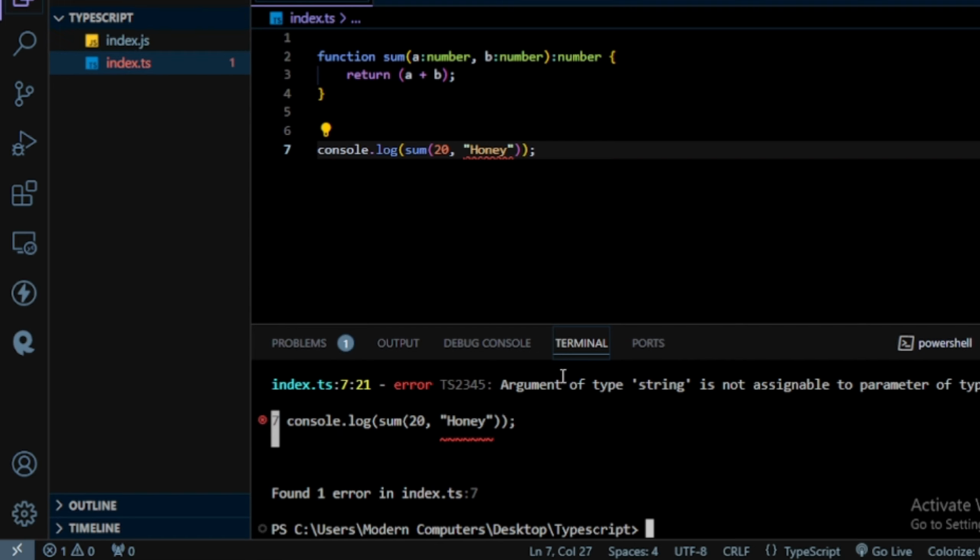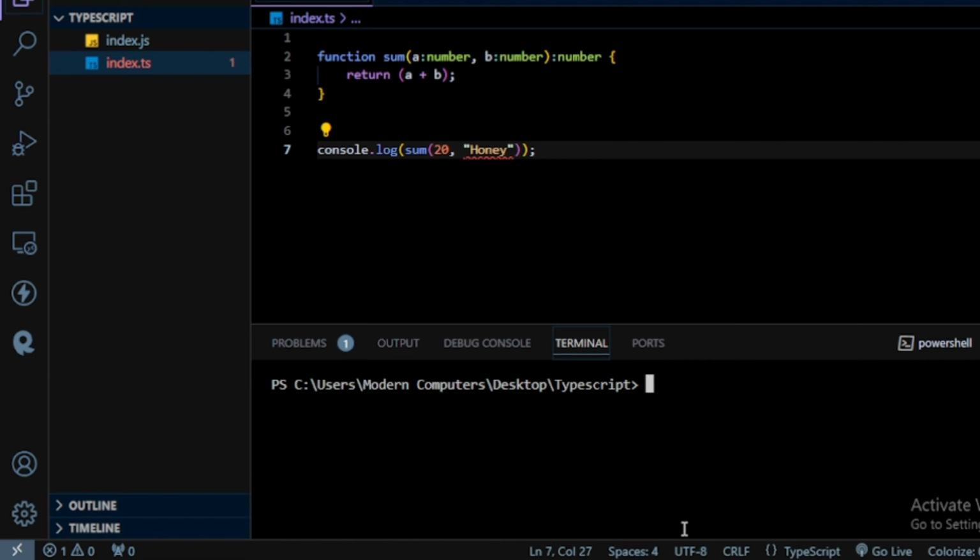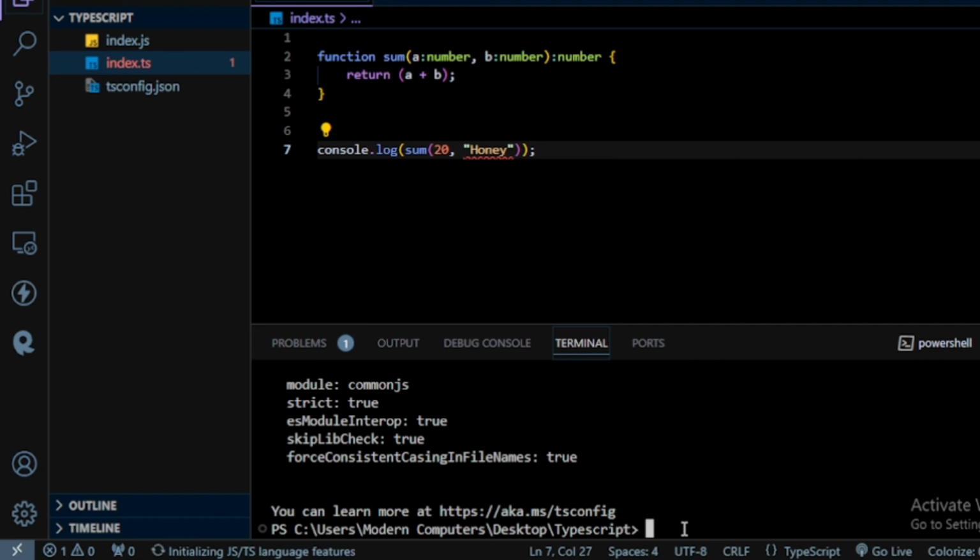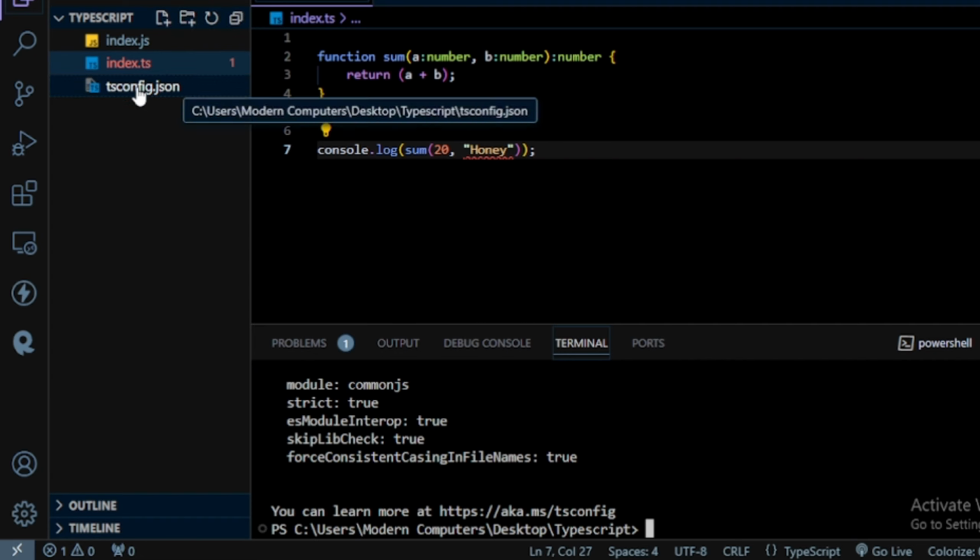Now we want that when I get an error in the index.ts file, the ts file cannot convert into index.js file. For that we create a TypeScript configuration file here. So for that I clear this terminal. Now here I write tsc --init, press enter, and it generates the TypeScript configuration file here. Okay, go open this file and now search for